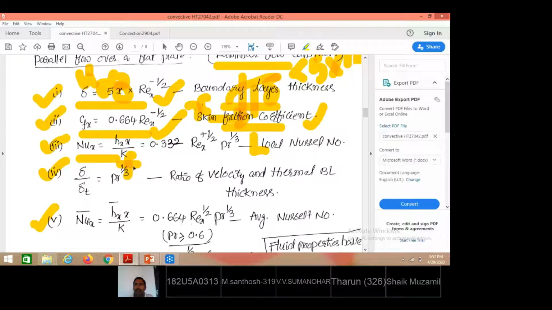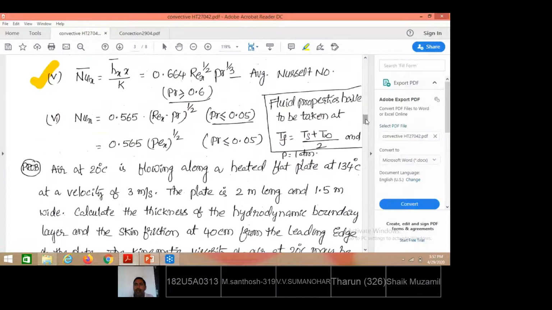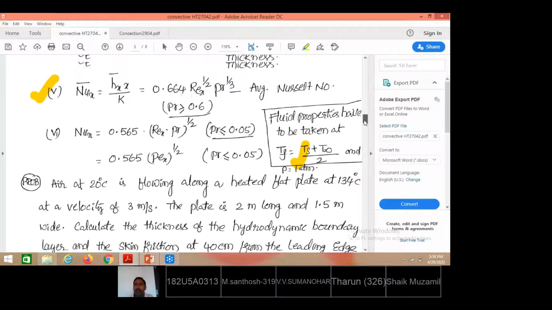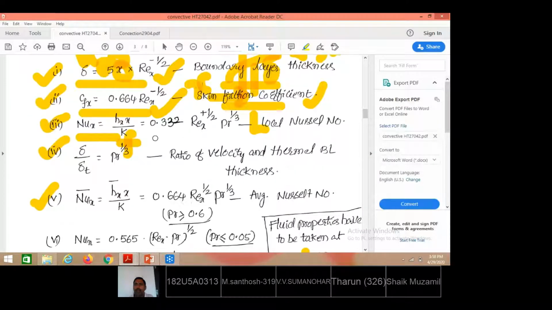Where is this thermal conductivity to be obtained? All fluid properties must be taken at film temperature, as I have mentioned here. Film temperature is equal to Ts plus T infinity by 2, or Tw plus T infinity by 2. In some textbooks the solid surface temperature is represented as Ts, and in others as Tw. Don't get confused, Ts and Tw are the same. That represents the wall temperature or solid temperature. All the fluid properties must be taken at film temperature only. So after getting the properties that are available in the data book, the local Nusselt number is estimated.